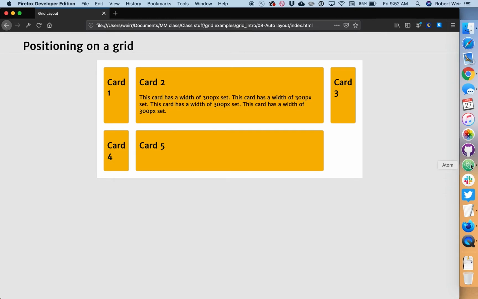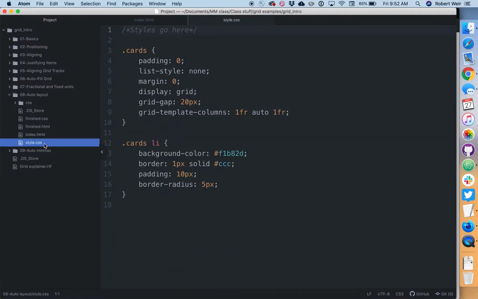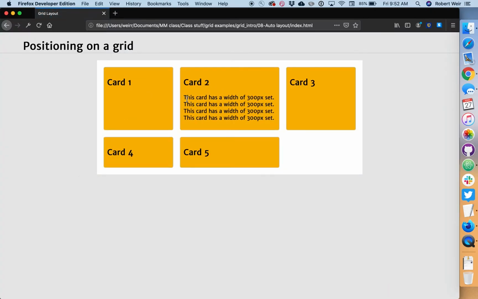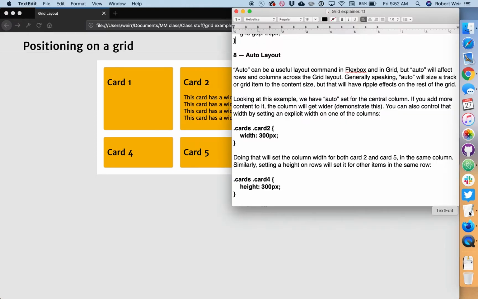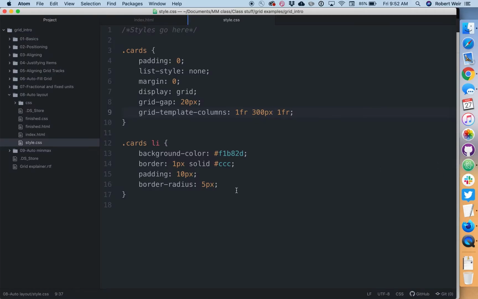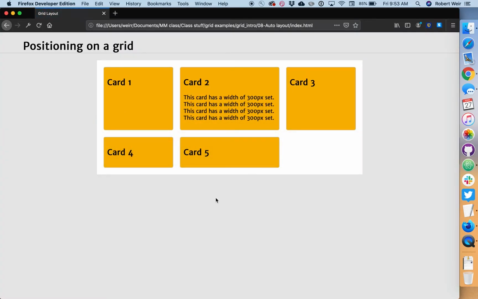We can control this by setting a fixed width on an item if we would like to. So we could change this to say 300 pixels or something like that, and then the one fraction. Go back over and look in the developer edition, and we can see now it has a width of 300 pixels set. Again, this will affect the grid areas, the rows and the columns throughout. And what we can do is go ahead and set an explicit width on some of the columns. So we'll do this, copy this code over. This will override the code that we had above, of course,